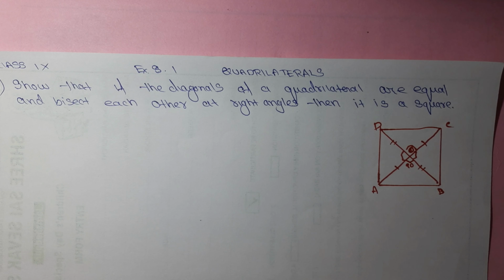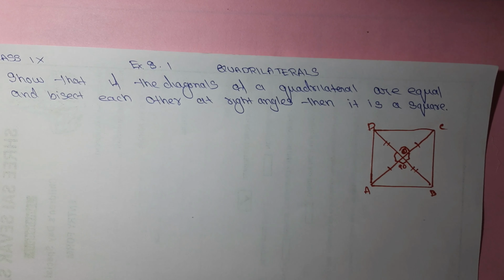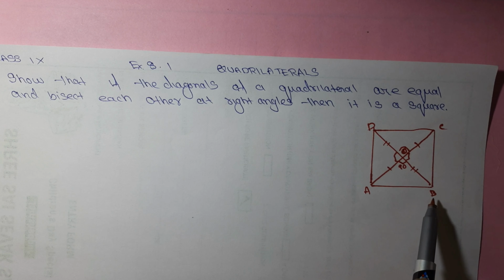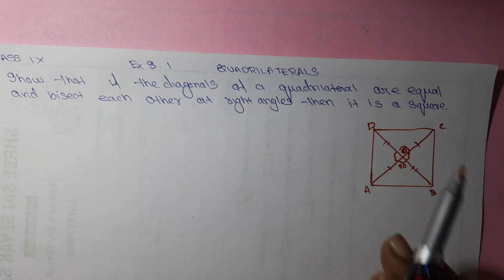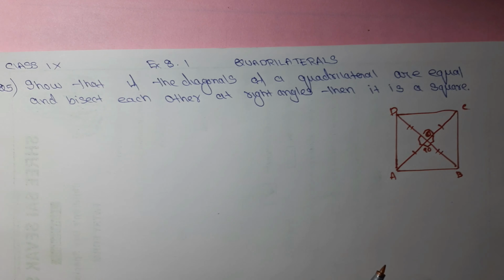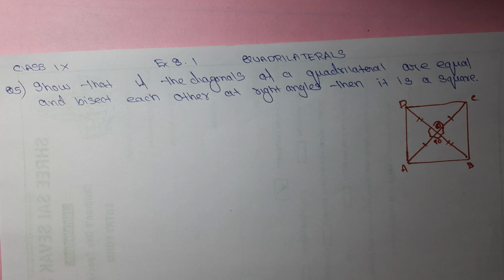If it is a square, then what do we have to prove? Simple, we have to prove that in a square all sides are equal. Then we have to prove AB is equal to BC is equal to CD is equal to DA, that we have to prove. What we have to prove, that we will see later, but what are the things given in the question, that we will collect here. Okay, so what are the things given?